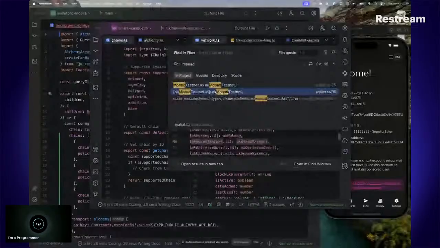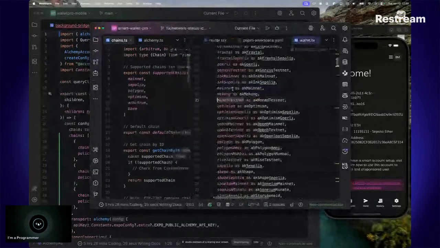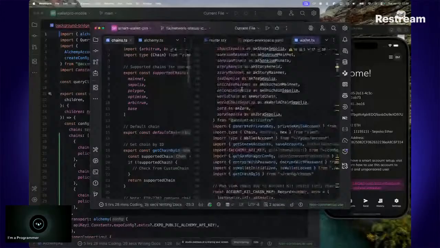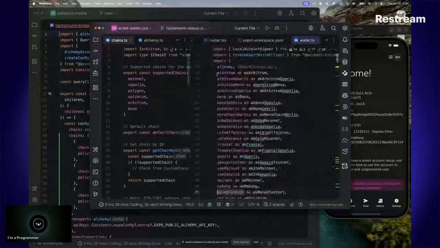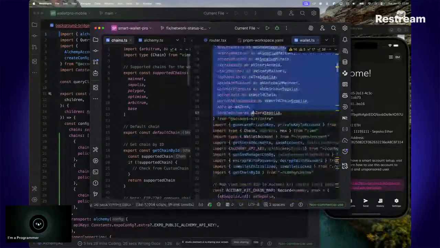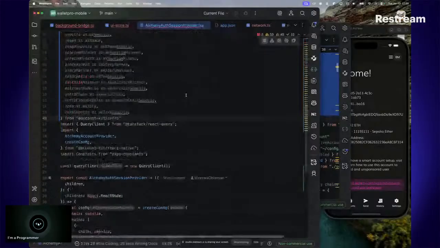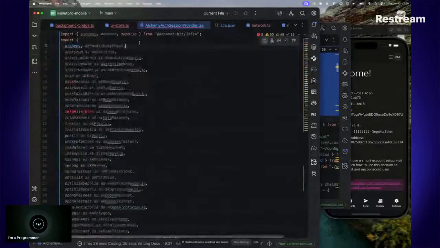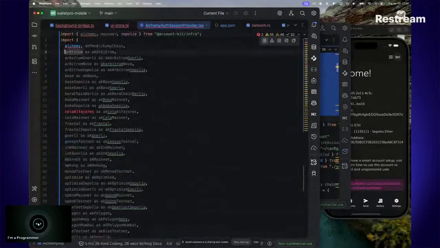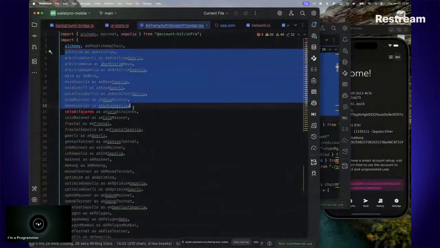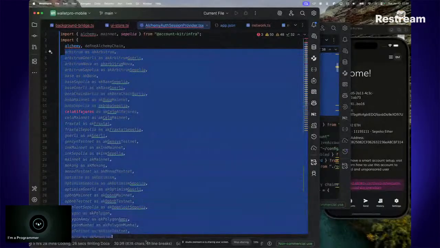Okay, yeah, it's in wallets. So we did something similar in wallets, right? You can see we imported everything from infra here. So these are all the available wallets that are provided for us by Alchemy. So what I'm just going to do here is copy all of them literally because it's the same. You can see everything's coming from infra. So in order not to duplicate them, I'm just going to copy Arbitrum. I'm not going to be using the ask keyword, right? So I'm going to be using all the chains available for us by